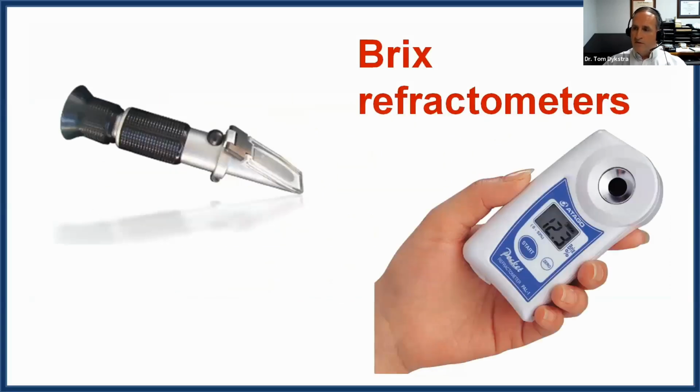The brix refractometers, there are two main types out there. One does not require batteries. That's the one off to the left, and there's a little plastic screen which you can lift up and place a couple drops on it and look through it, and you'll be able to get the reading. We also have digital refractometers. These are the ones that I prefer to use because they're faster and easier to clean. The digital one off to the right does require batteries, and even has a temperature compensation, which is sometimes important. It doesn't make a huge difference, but it does make some when you're dealing with the Florida climate.